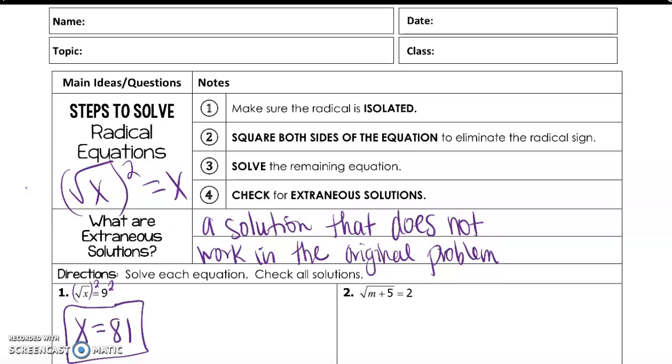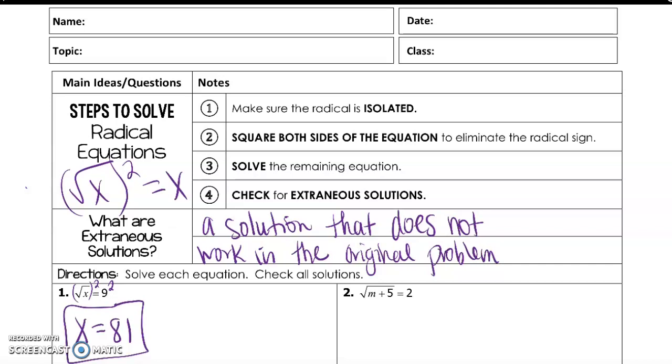Once that happens, you square both sides to get rid of the radical sign. Whatever is underneath the radical is what comes out on that side. Then you're going to solve the remaining equation that you have. Step 4 is very important: check for extraneous solutions, which means solutions that don't work when you plug them